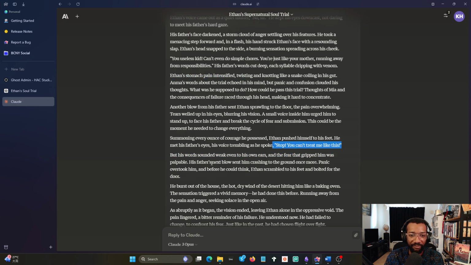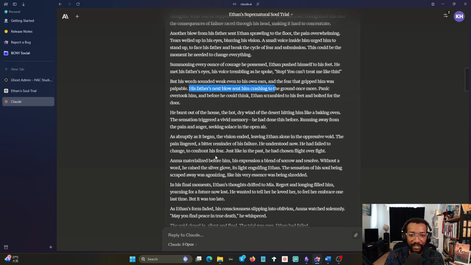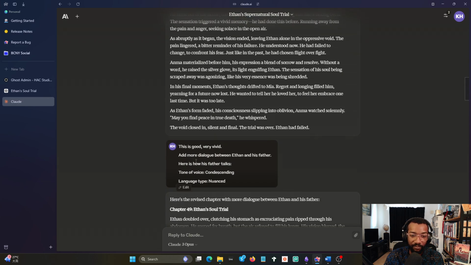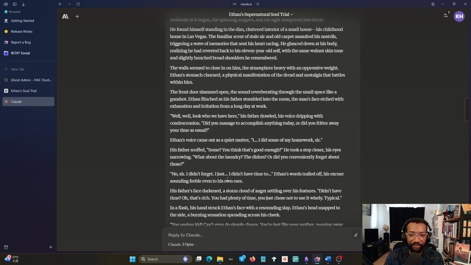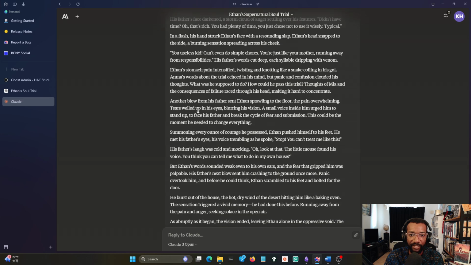I will change this definitely. "He sounded weak, and his father's next blow sent him crashing to the ground," that type of thing. So this kid's getting beat up. And then I say, okay, make these changes to the father. He adds some things. It's still "another blow sent him." I was like, wow, this is getting good. I can see this.